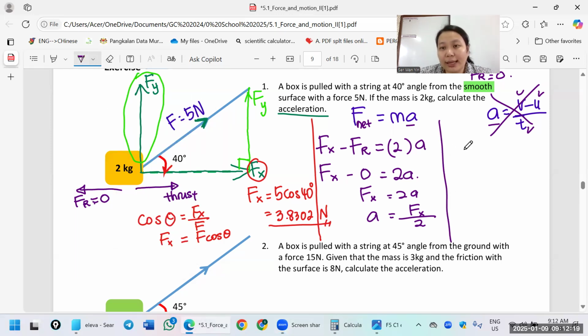So acceleration equals 3.8302 divided by 2. The answer is